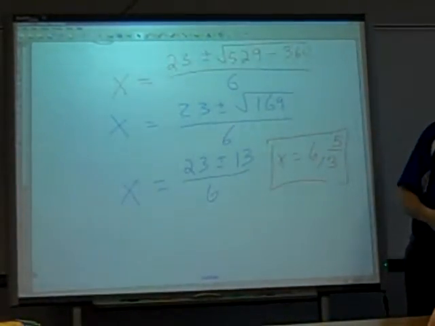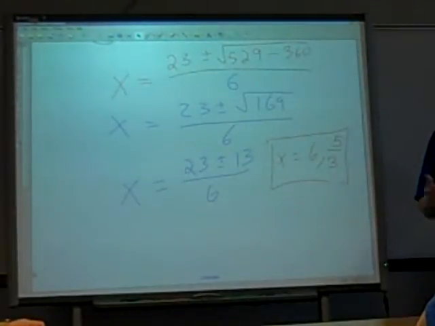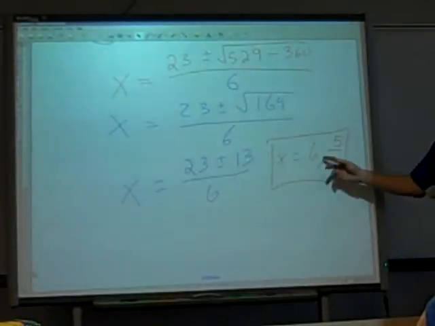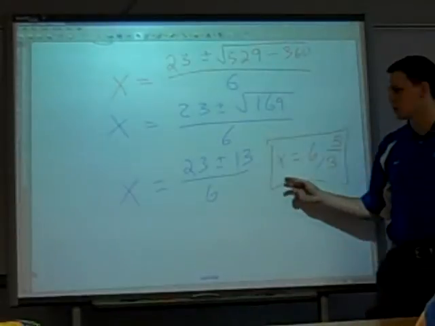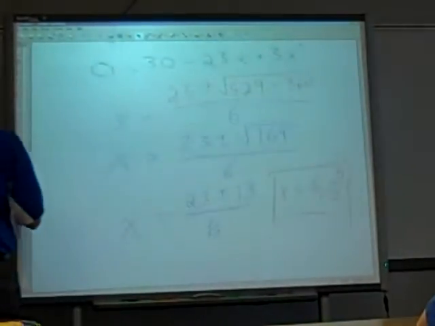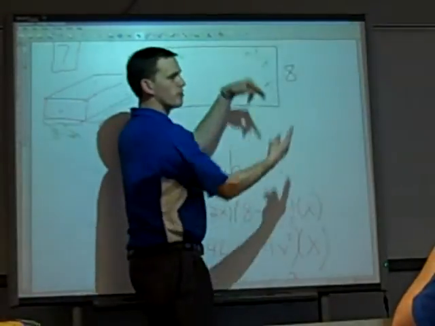Yeah, Paul? It's 5/3 because it can't be above 4, because the small side is 8. And if x is bigger than 4, you have a negative side, which can't happen. That's a really logical way of doing it. One of them was 8. So if you cut 6 on both sides,